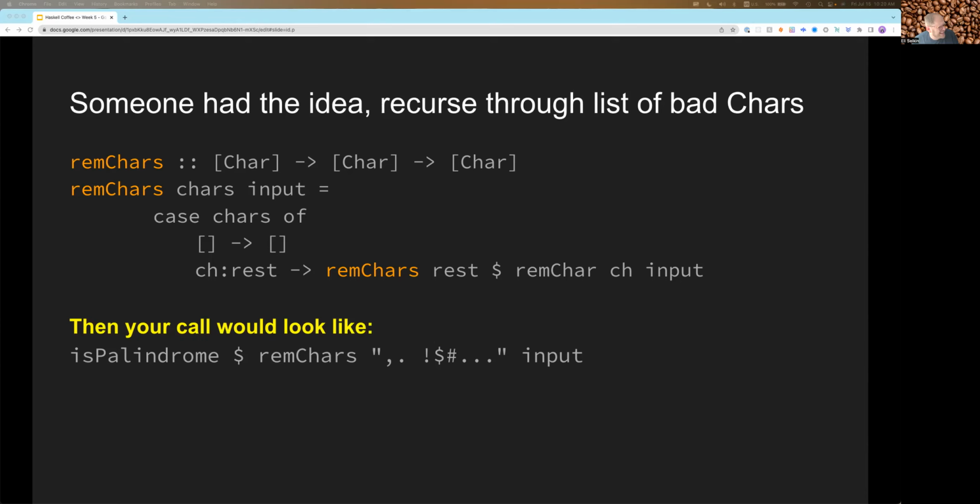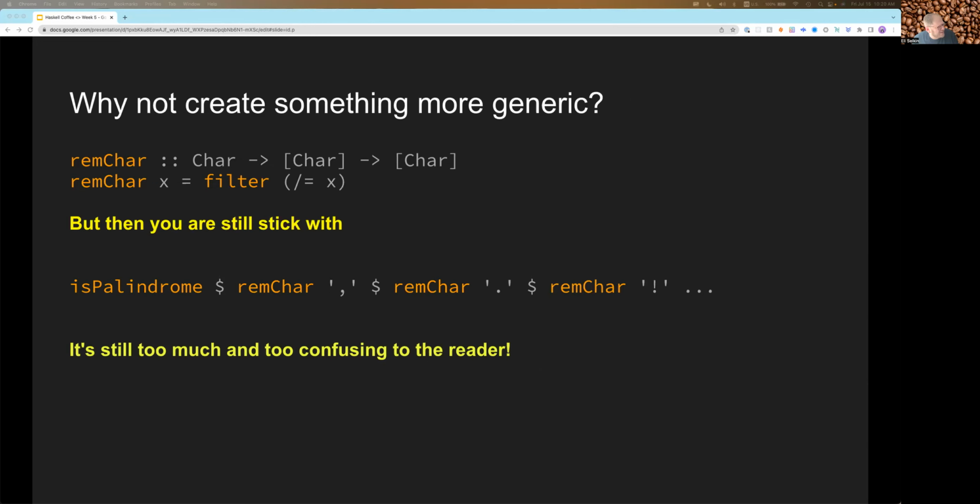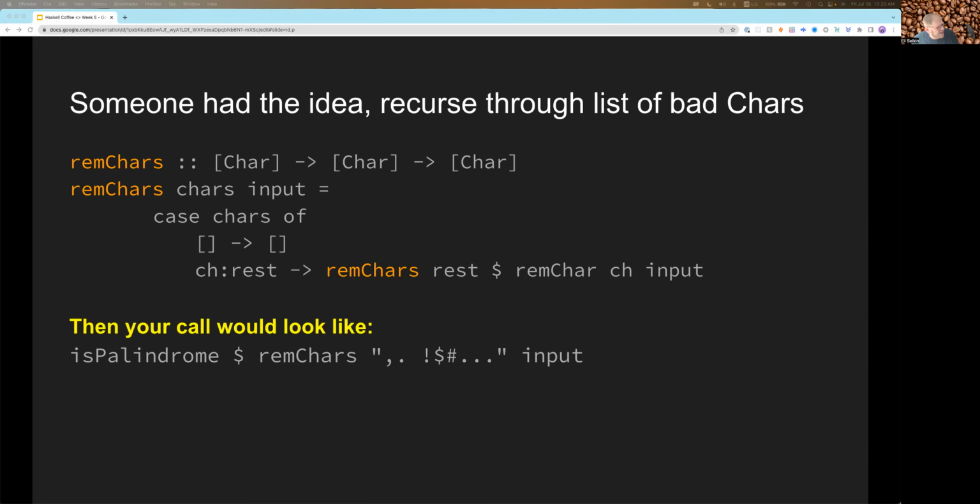And so that would get tacked on to the end of whatever we have. And then if there were some characters, right, if there were character and rest, right, if there was this character to remove, then we would do that rem chars of the rest, and we would apply it to the removed character that we defined here,